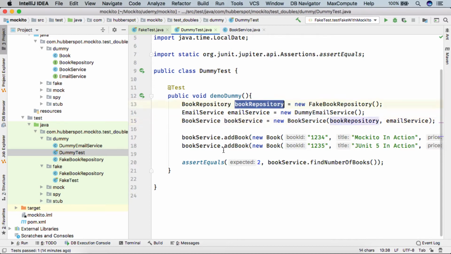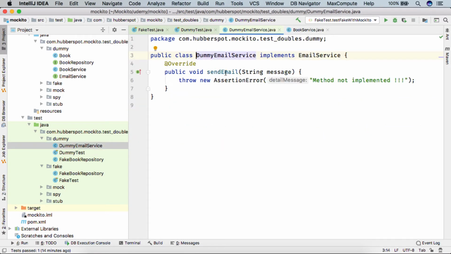We only wanted to use the book repository, but as book service had these two dependencies, we had to create a dummy test double for this email service. So friends, in this lecture we'll see how we can use the Mockito framework to create this dummy email service.